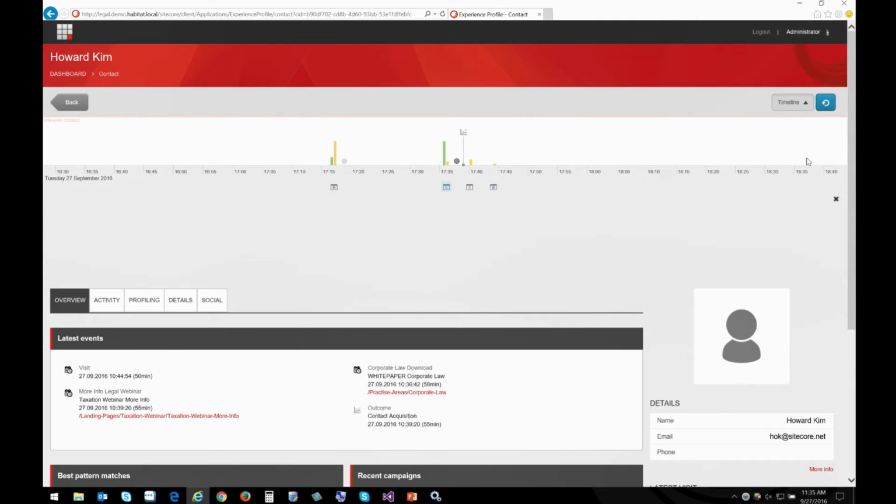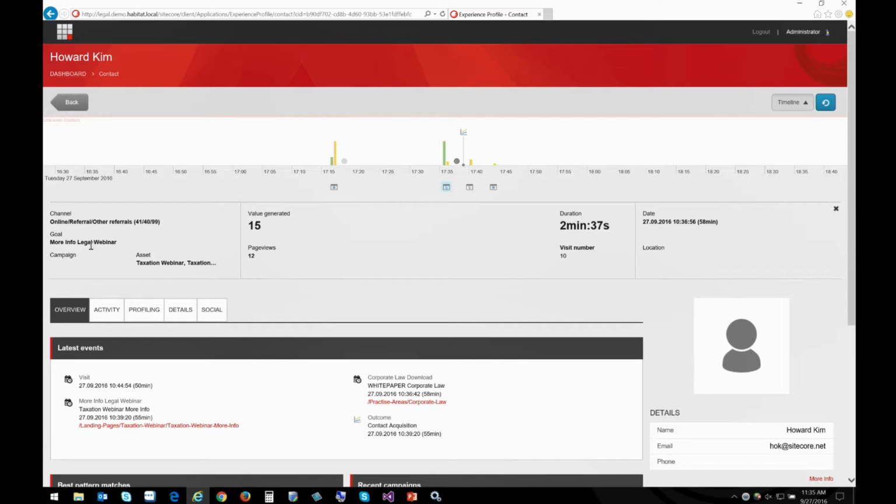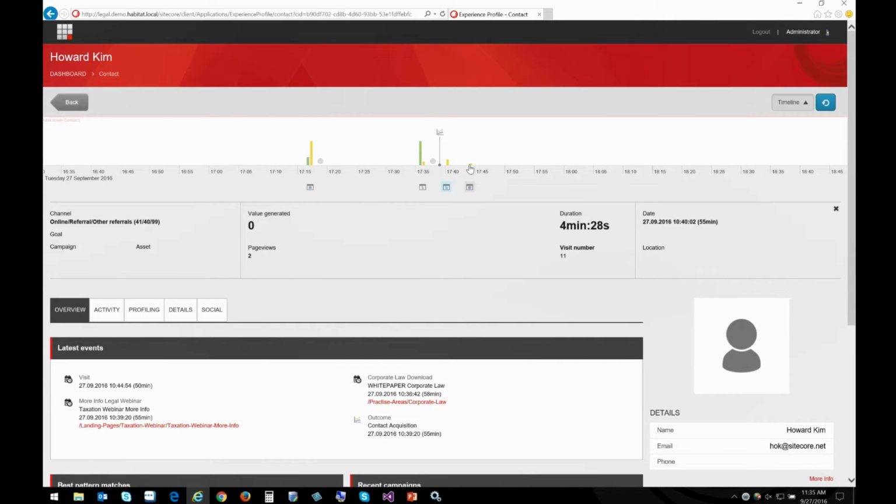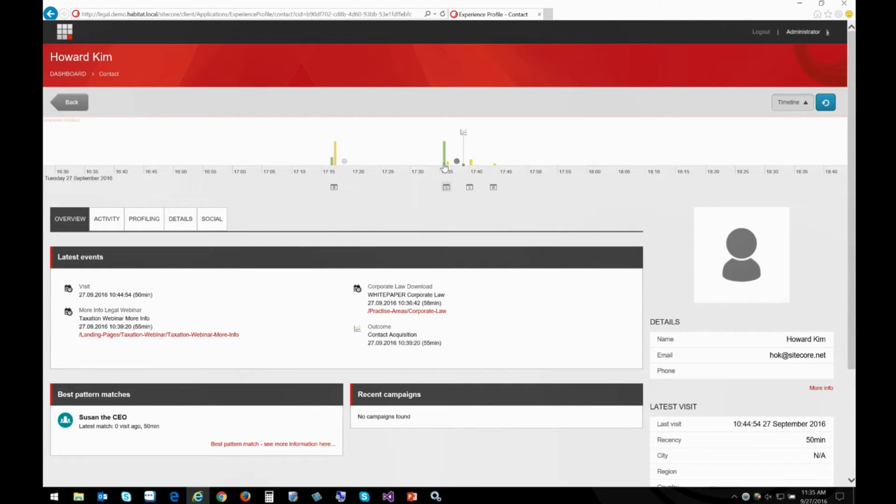If I click on one of these interactions, you can see that this is where I accomplish a goal, more info. And then somewhere in here I have the download and sign up for a webinar. And you can also supplement this information with information in your CRM database or your data warehouse where you have other intelligence tools. And so you have this one cohesive contact card, all this intelligence so that you can reach out to them.